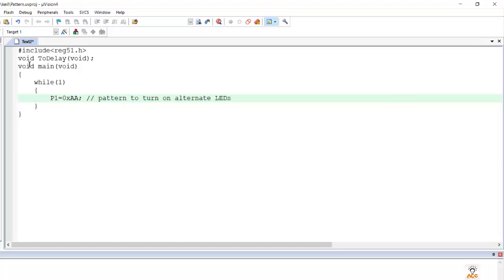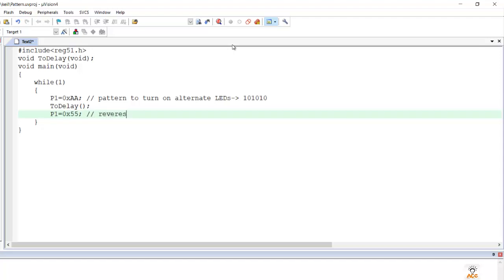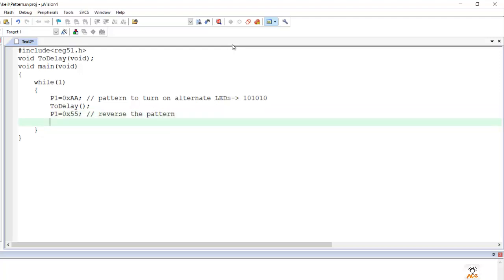So 0xAA would turn on alternate LEDs, which means in binary it would be like 101010 and so on. Next we'll call the delay function, and then again we'll assign the port 1 value as 0x55. So 0x55 will simply reverse the pattern.